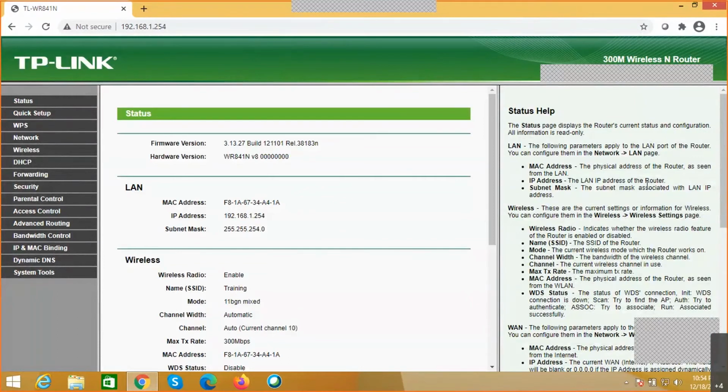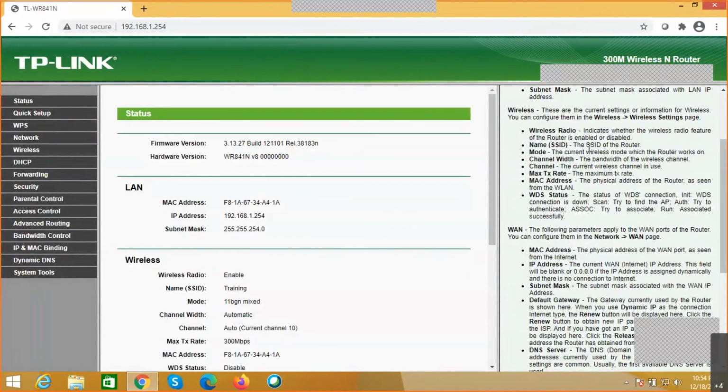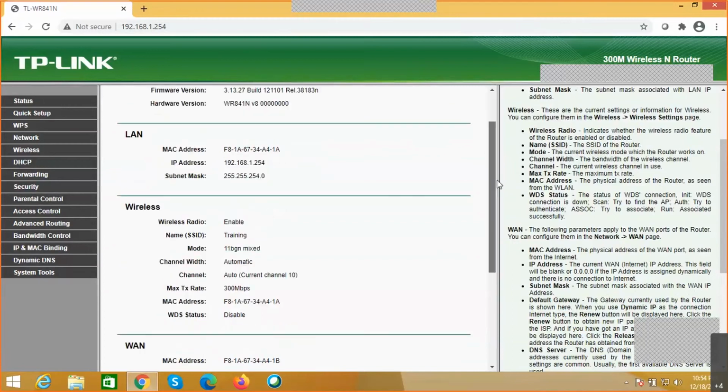And we can see all the information related to the parameters that we have with respect to SSID. SSID is nothing but the name that we see on the access point to access it, and what kind of channel we have, what maximum transmission rate we have. Again, we have two parts on the access point. One is the LAN environment. The other is the WAN. WAN is nothing but the public network that is connected. If you have Airtel or some other broadband network, then that is the WAN part from their end, and LAN will be the systems which are connected to it. So this is the interface we have.